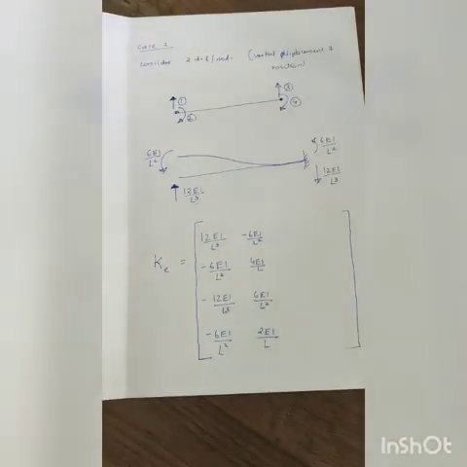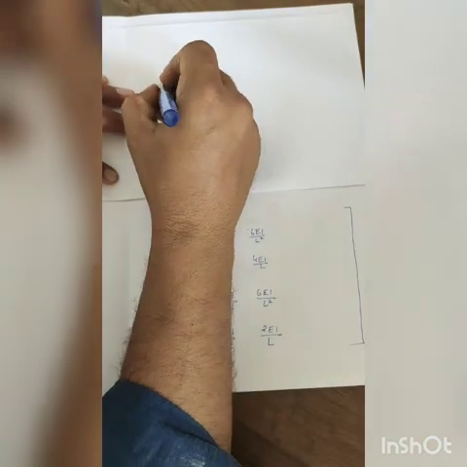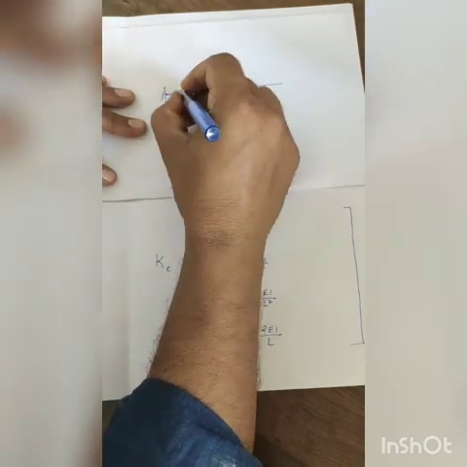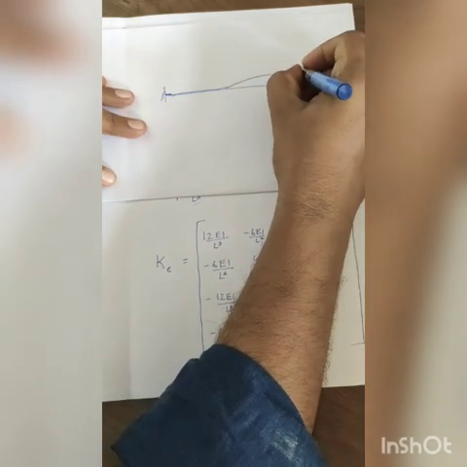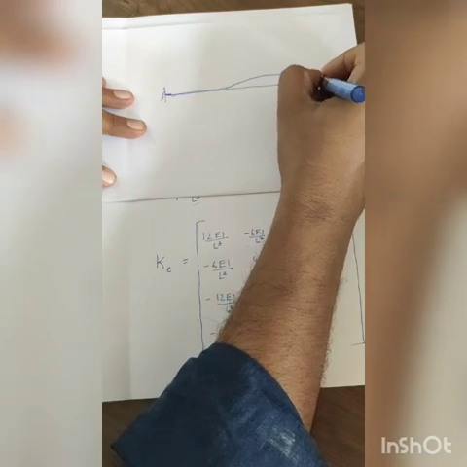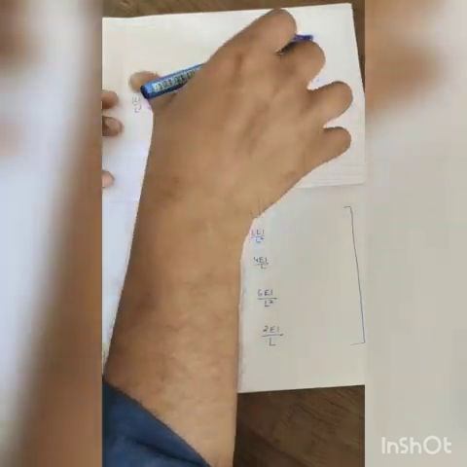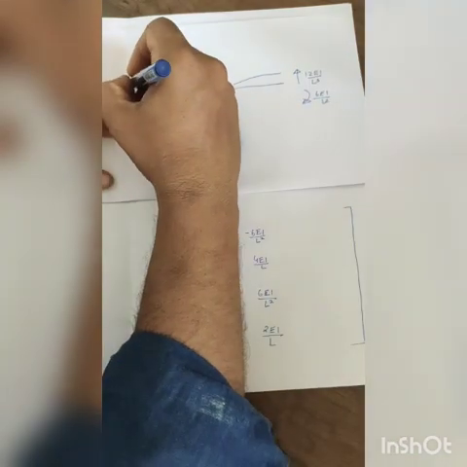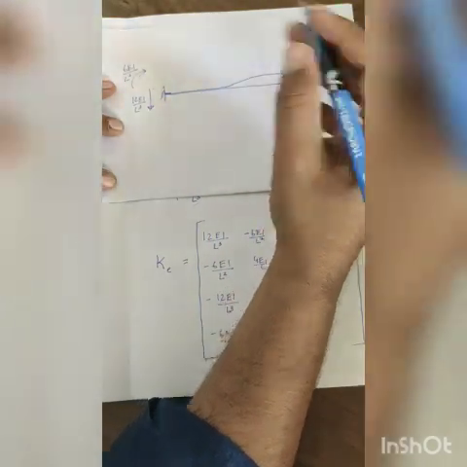Now the next thing, by the physical approach, is that we have to apply a unit translation in the upward direction and try to find out the forces and moments. Here it is fixed, so this is the structure. With unit translation in the upward direction, there will be forces. You can see that it will be 12EI by L cube, and here it will be downward 12EI by L cube. The moments are going to be clockwise, 6EI by L square, and here also it will be 6EI by L square. This understanding I have discussed in the previous lecture.